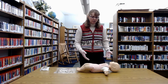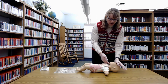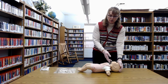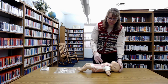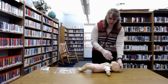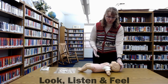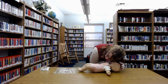I would also check breathing. So I'm going to put 2 fingers underneath the chin, and I'm going to put the heel of my hand on the forehead, and I'm just going to tilt the head back a little bit. Obviously on an adult, we're going to bend it back a little bit further, but I'm just trying to get that airway open, so get the neck a little bit more straight so that air can more easily pass in. I am going to look, listen, and feel,